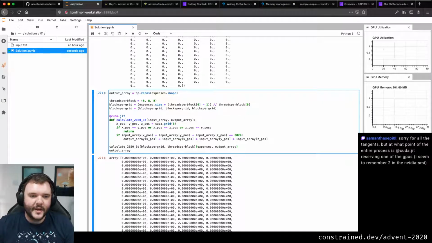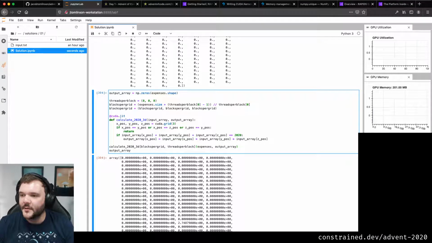But at this point, when I call the function, it is handing something to the GPU and asking it to call it. All of these libraries are single GPU that I'm working with at the moment. They use the first GPU that they find. There's an environment variable you can set to say which one to specifically use. But in this context, it just uses the first GPU and hands it some code to execute.